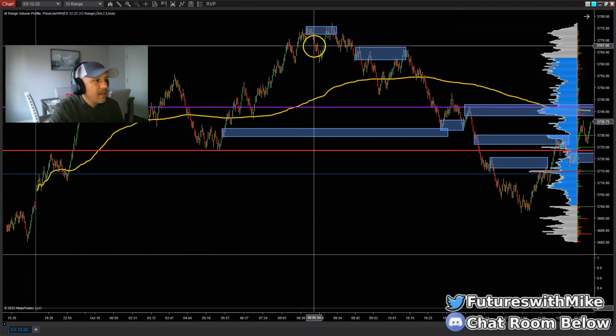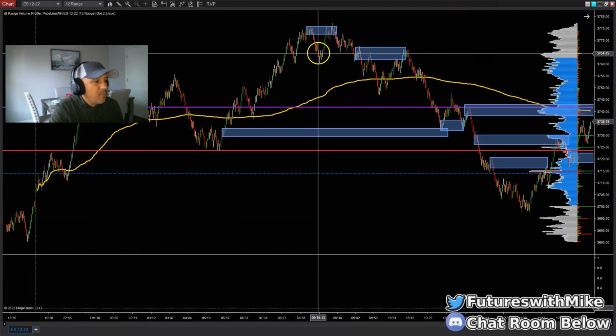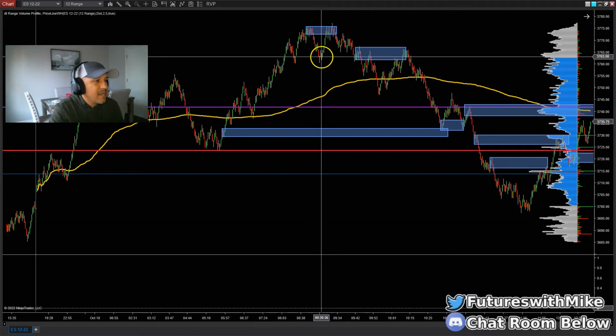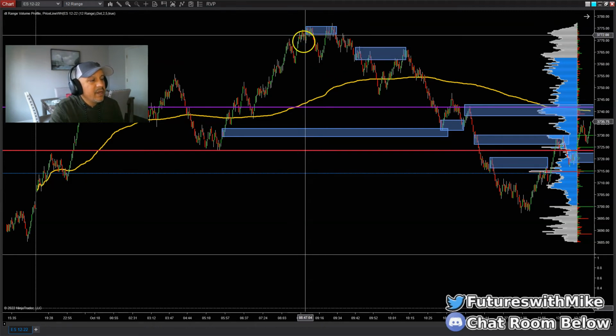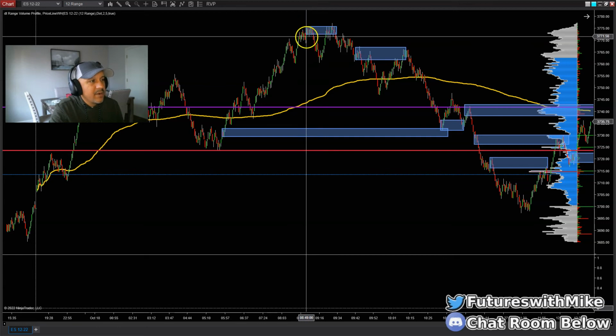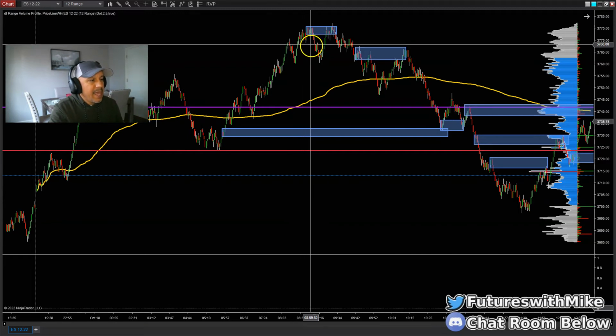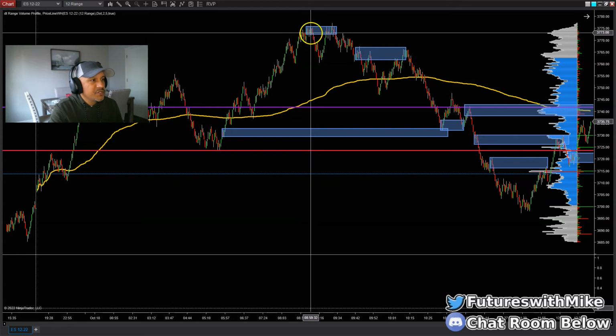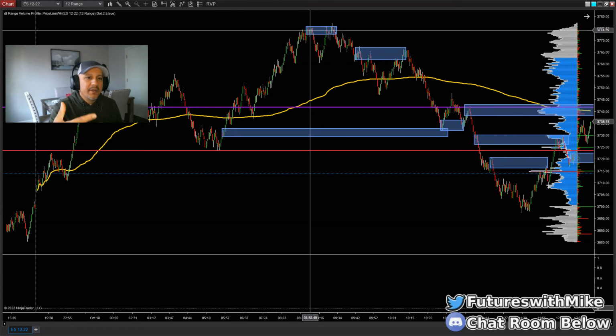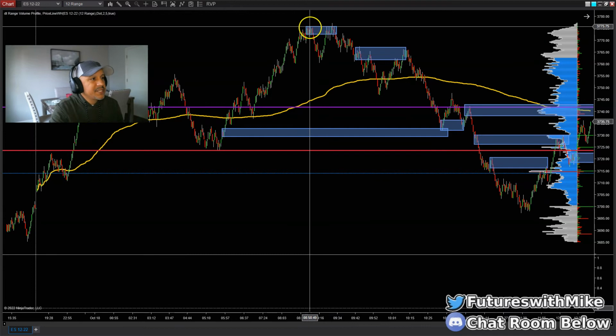Now it made a high here, it pulled back, it made a low here, which is now support. What it did right here when it broke lower after making its high right here, it broke structure right here. Remember what I showed you a moment ago? Price is either breaking structure to the upside or breaking structure to the downside. It breaks structure right here, and at that point of the break of the structure, all we want to do is go ahead and mark an area of supply. So price action is following suit.